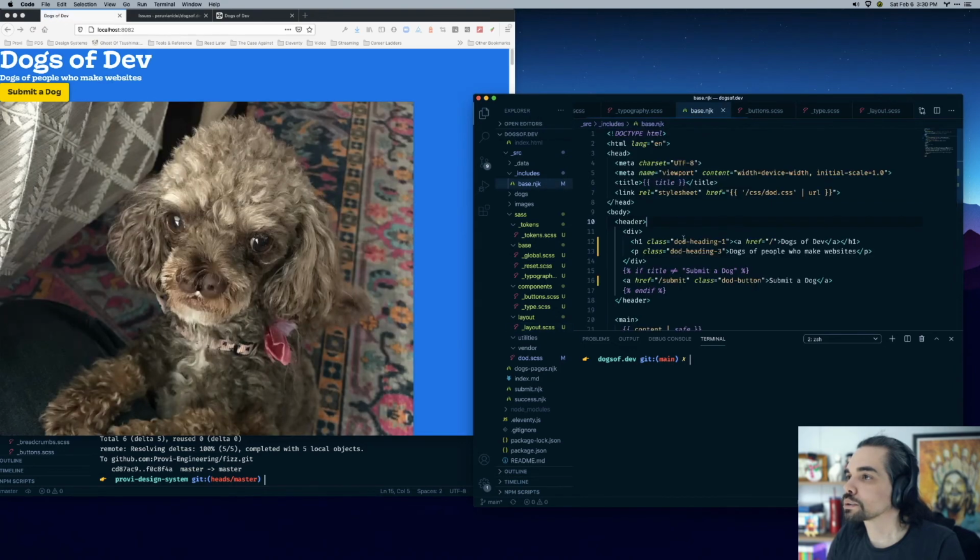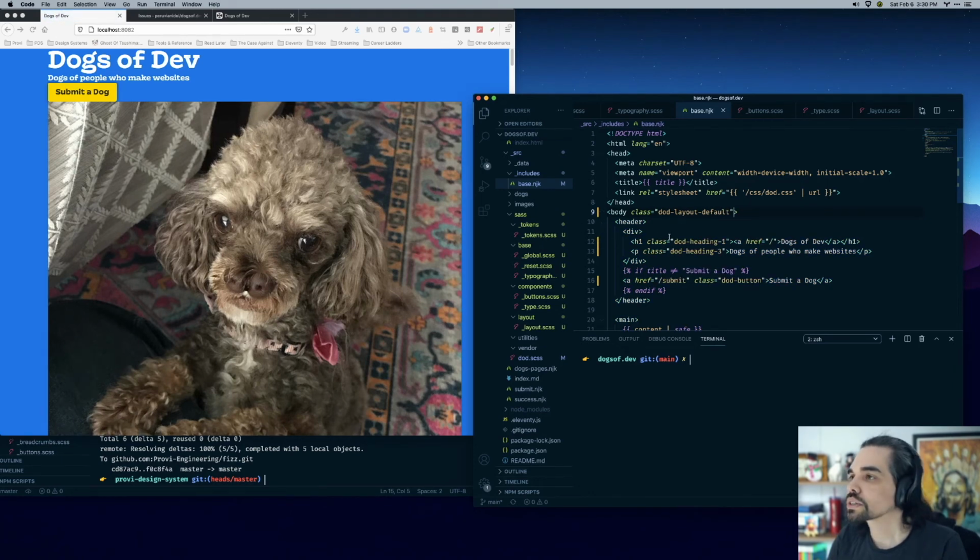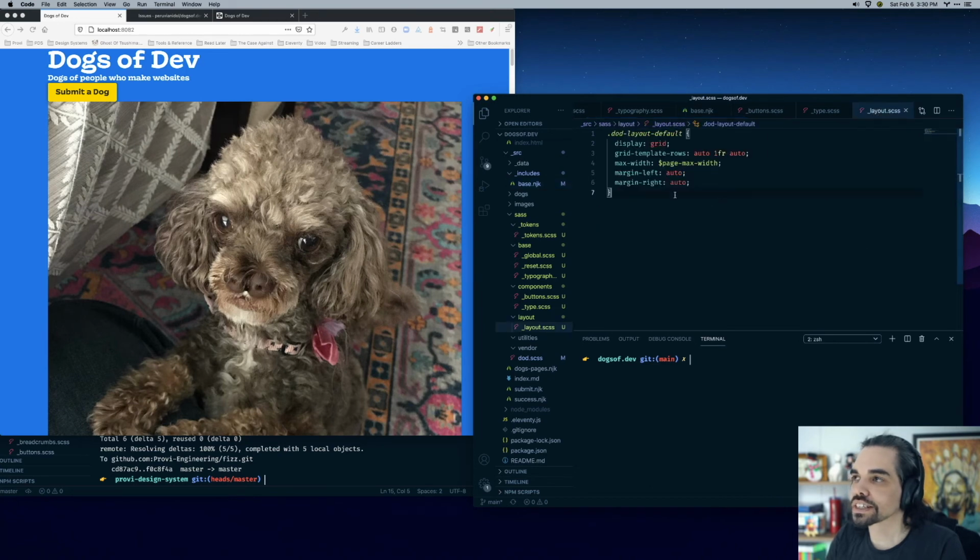And then we can go in our base and on the body, data layout default, and this should go back to what it was. And then in the header, this is data grid area header. So now instead of saying, I mean, you could just do data layout default and then just put header under it. You don't need to apply classes to every child element. But I can say that within data layout default,